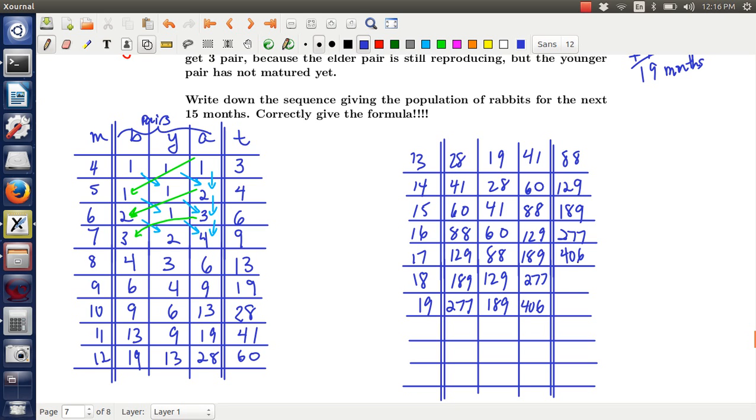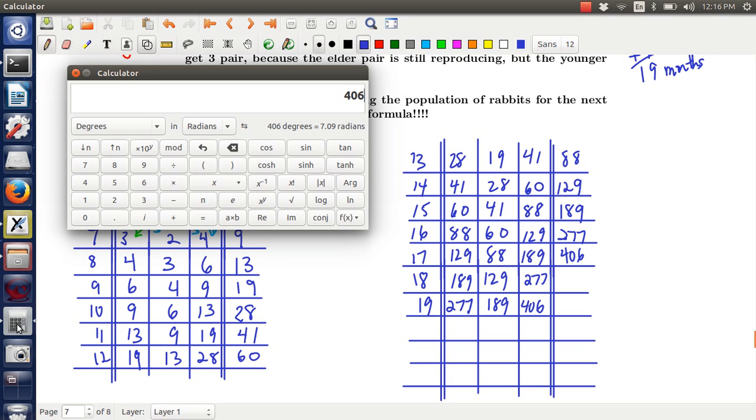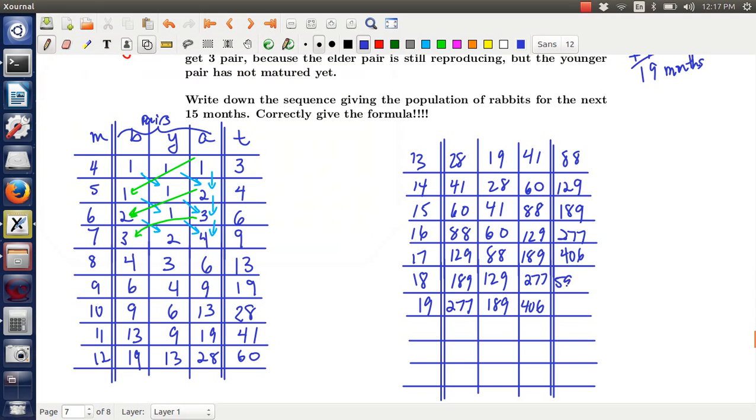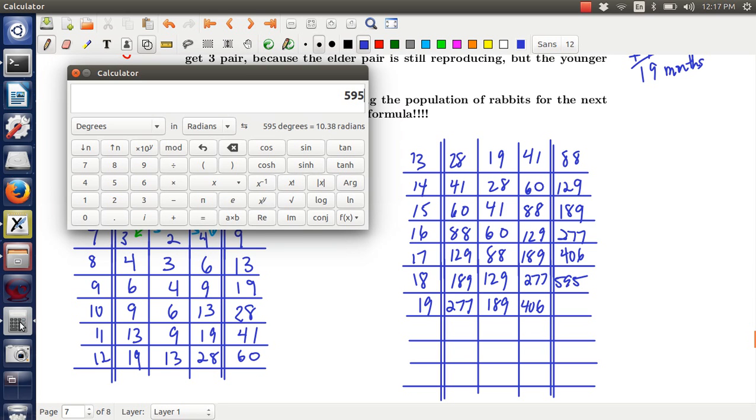And the last couple you're going to have to kind of add up by hand, which is 189 plus 129. 189. Yeah, right. 189 plus 129 plus 277, 595, and let's see, 277 plus 189 plus 406,